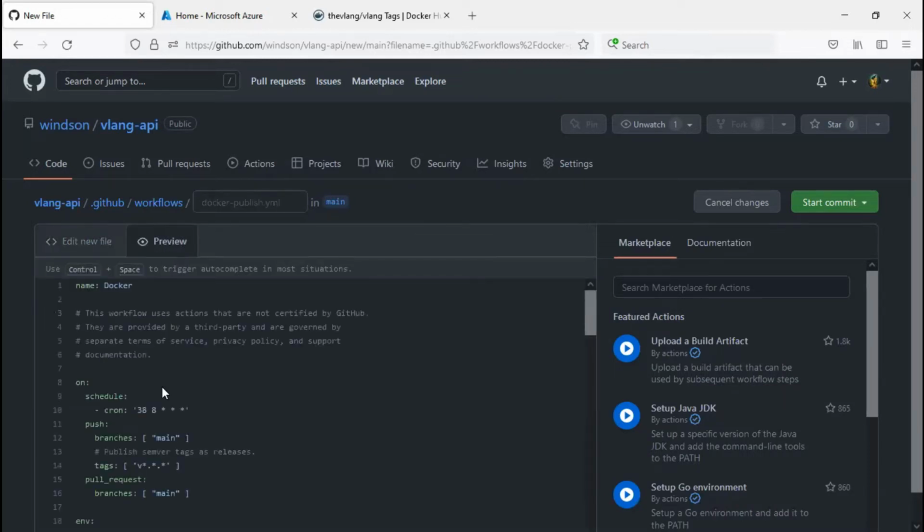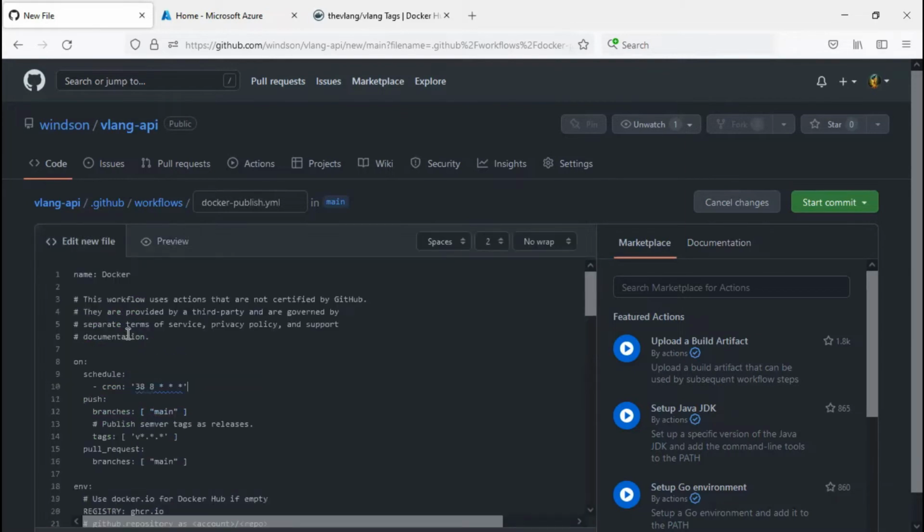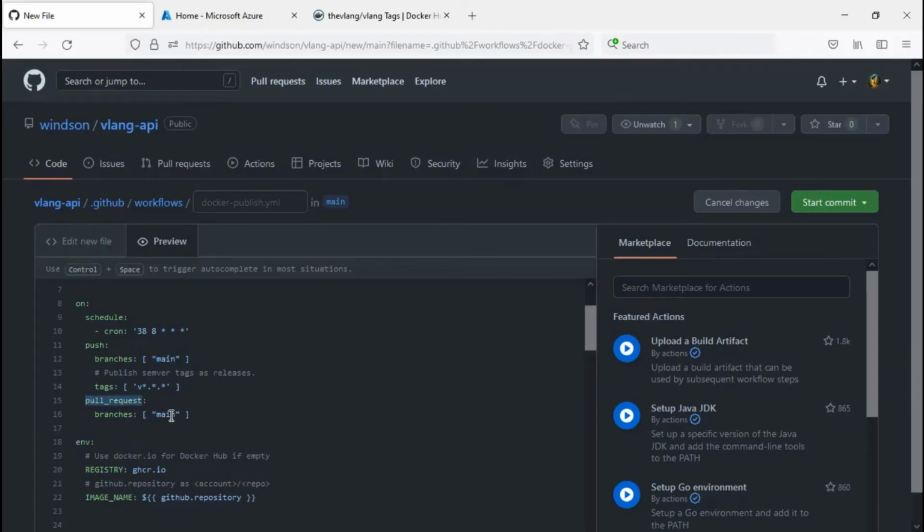So we have various triggers such as on schedule, as mentioned in this cron. This image will be pushed based on the configuration mentioned in the cron. The other thing is on push to the particular branch named main, this action will be executed. For demonstration purposes, I'll go ahead and remove the cron schedule that triggers the creation of the image on a periodic basis. When you create a pull request against the branch main, this action will be executed.